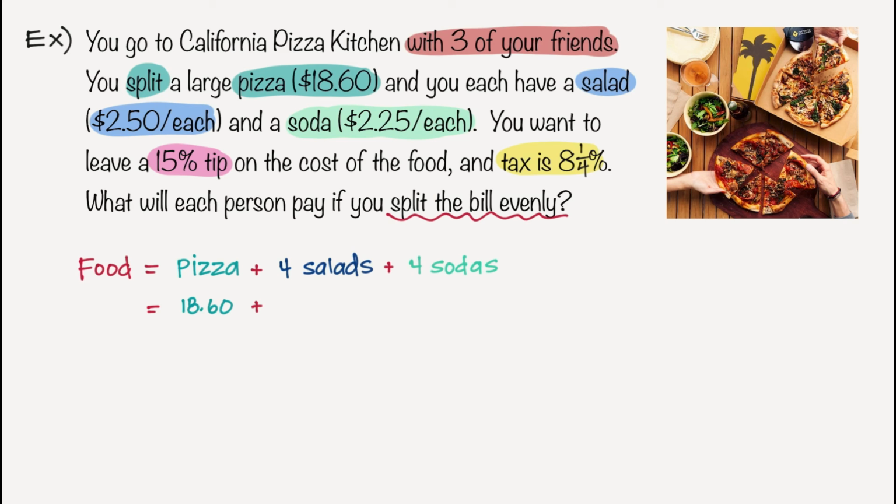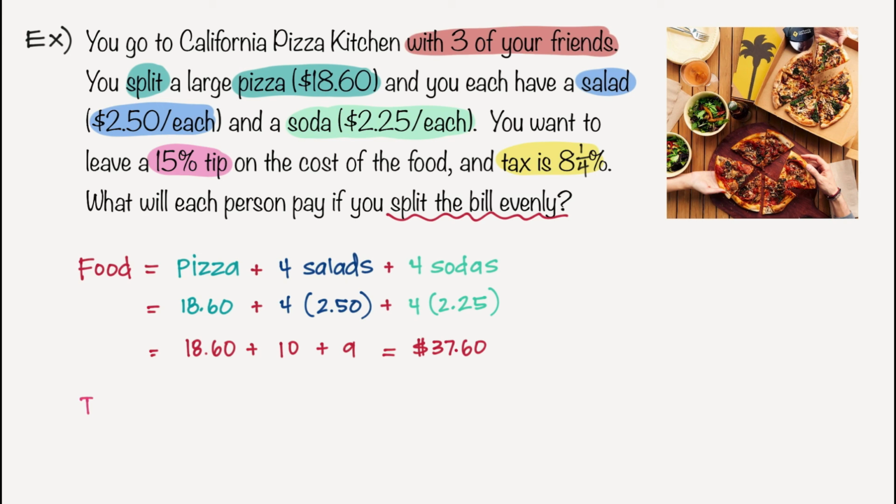If I have 4 salads, that's 4 times $2.50. And if I have 4 sodas, that is 4 times $2.25. Okay, so I'm just going to do a little bit of simplifying here. That leaves me with the $18.60 and $10 exactly, and another $9. And so then when I add all 3 of those values together, I find that the food itself just costs